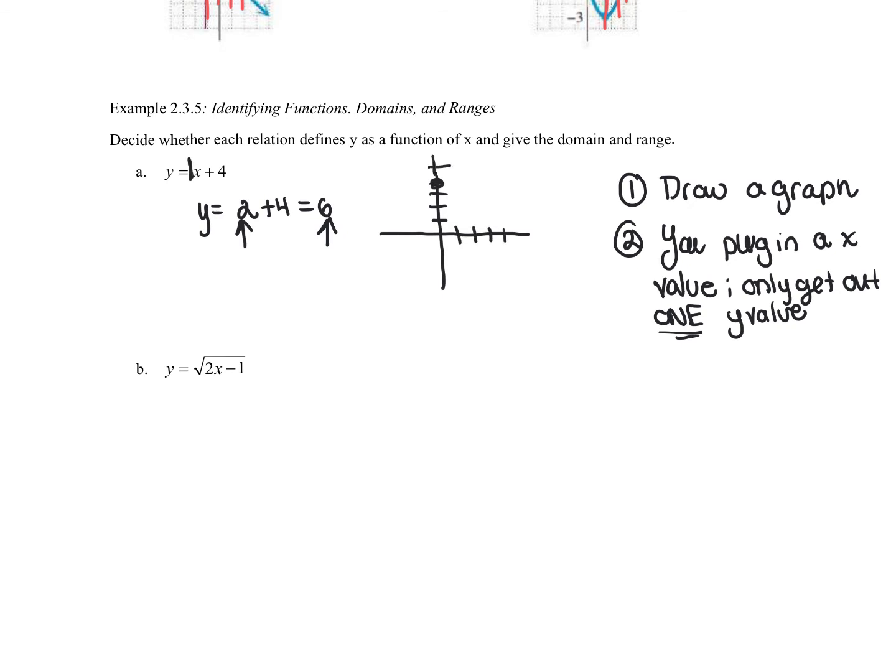And the 1 right here is my slope. So I go up 1 and over 1. So there's another dot. So here's my line. And if I do the vertical line test, it's also a function. So no matter which way you do it, this is a